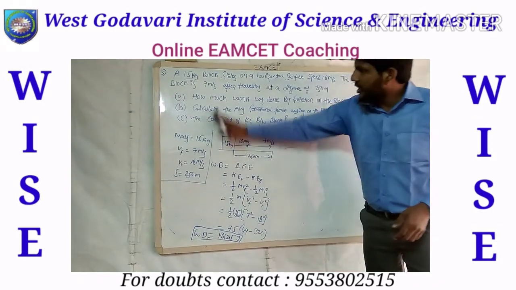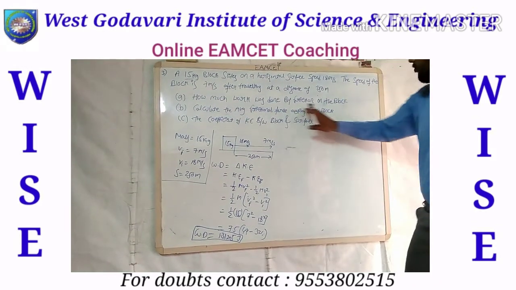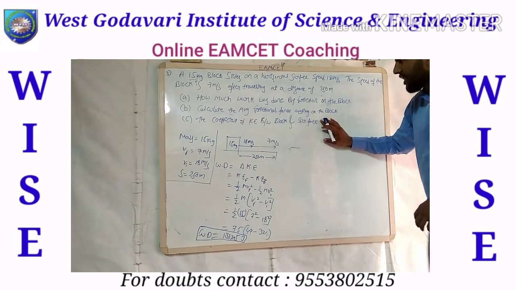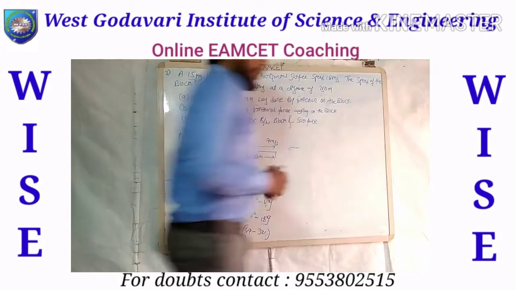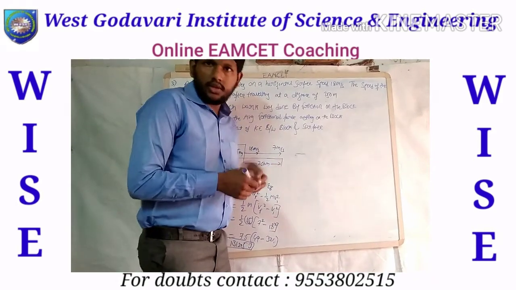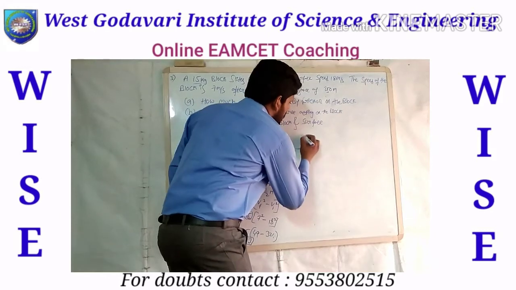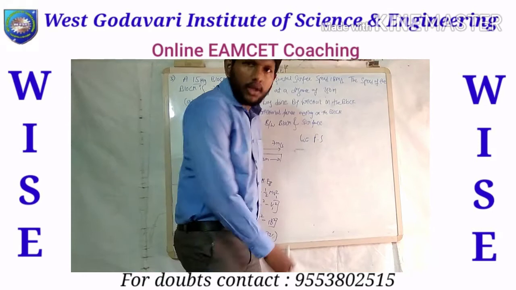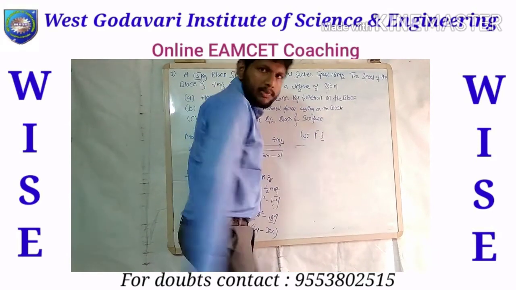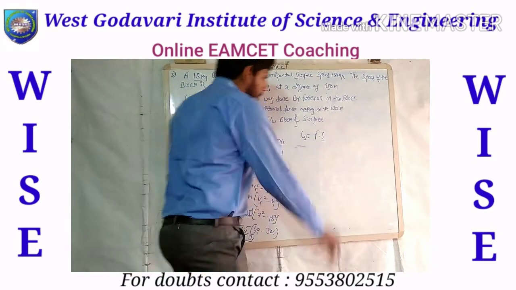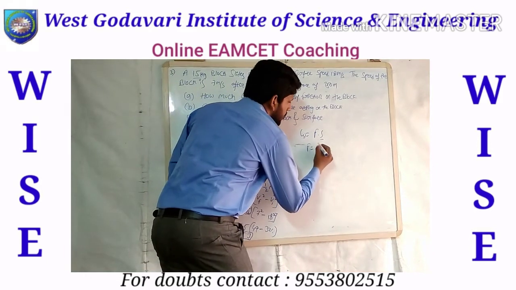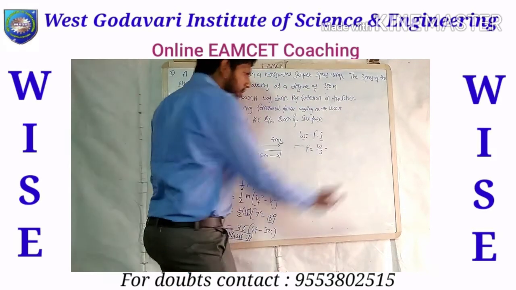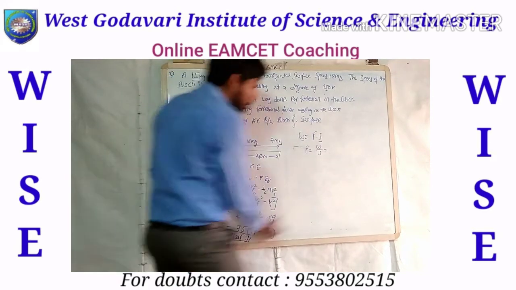Condition A is completed; we found the work done. So what is condition B? Calculate the average frictional force acting on the block. If you want to find the frictional force, we have the formula work done equal to force into displacement. We know the work done, we know the displacement, so we simply need to find the force. So force equals work done by displacement. Simply write the work done, the value 1312.5.